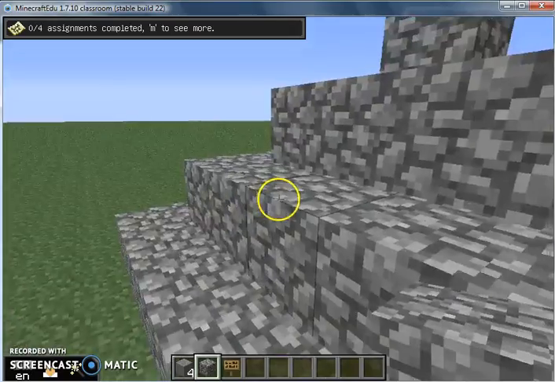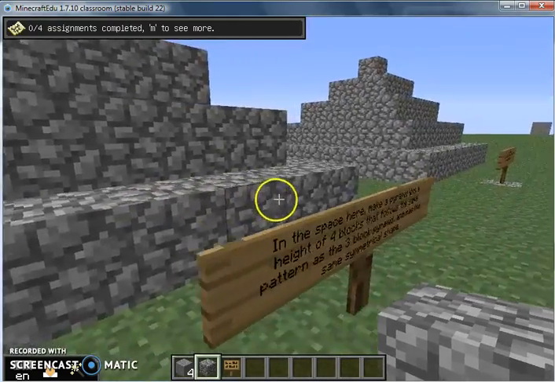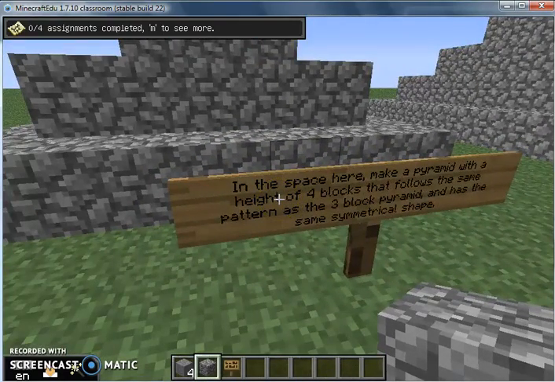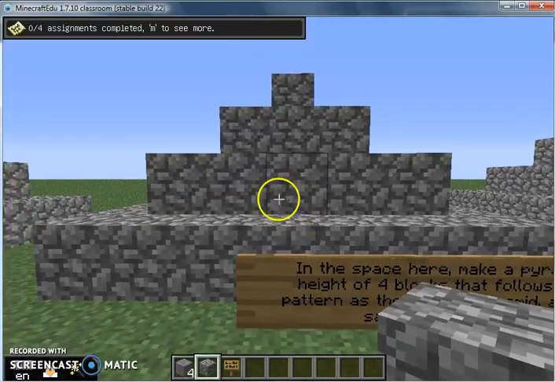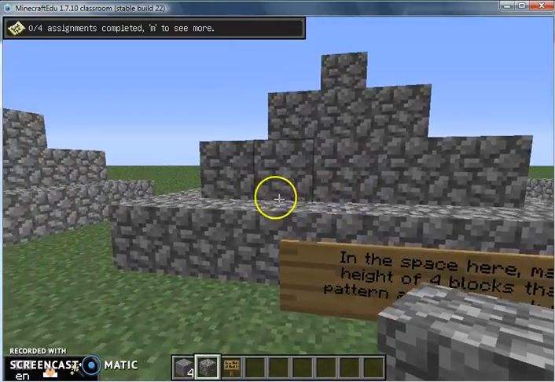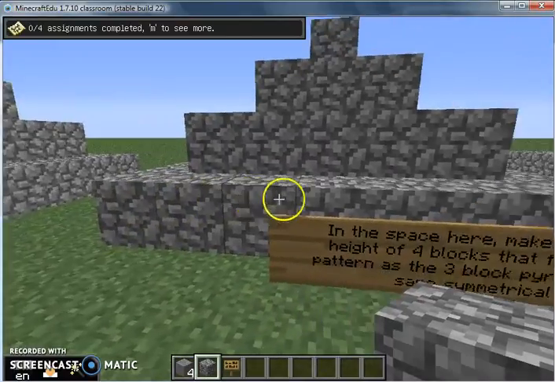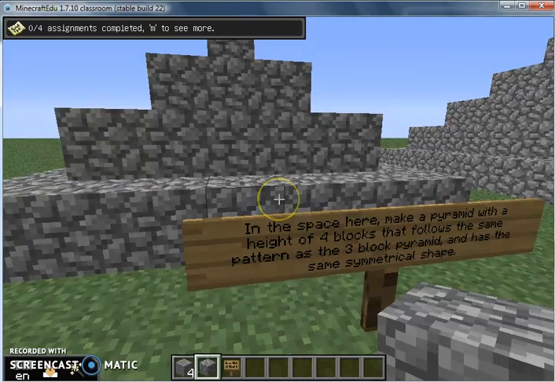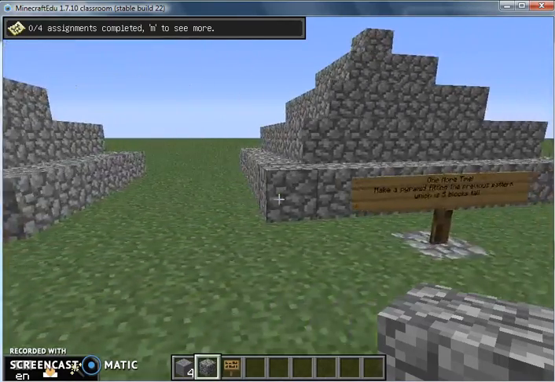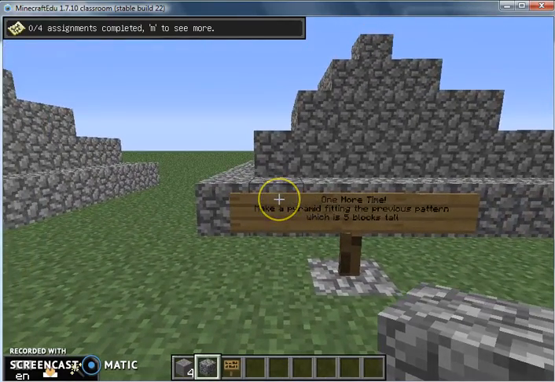From there, I have them jump onto this second pyramid. I want them to do the same thing, build a pyramid that is now a height of 4 blocks instead of 3. They'll follow the same pattern, except this one now is significantly larger. It's got 49 blocks on the base, 7 by 7 base. And then I ask them to do one more, following the same pattern, build a pyramid that is 5 blocks